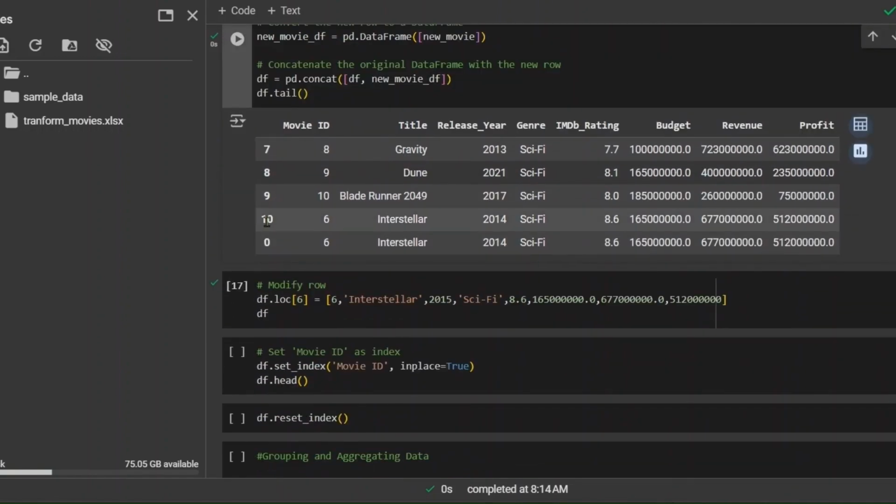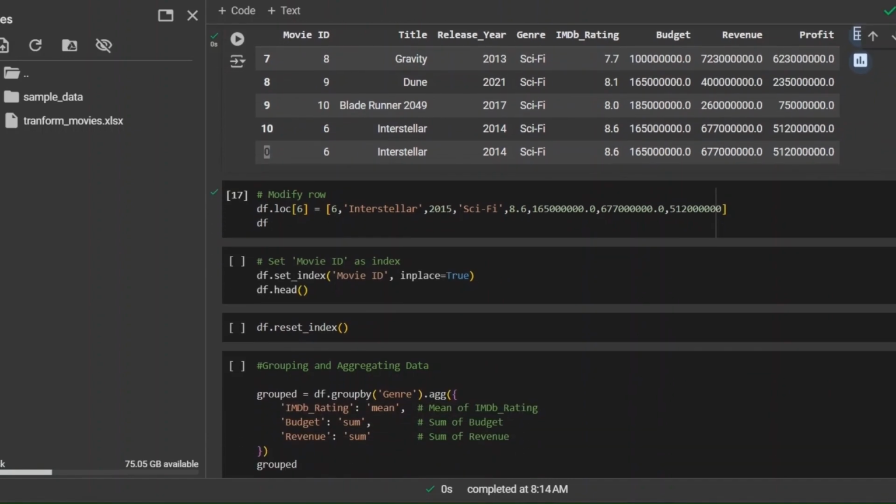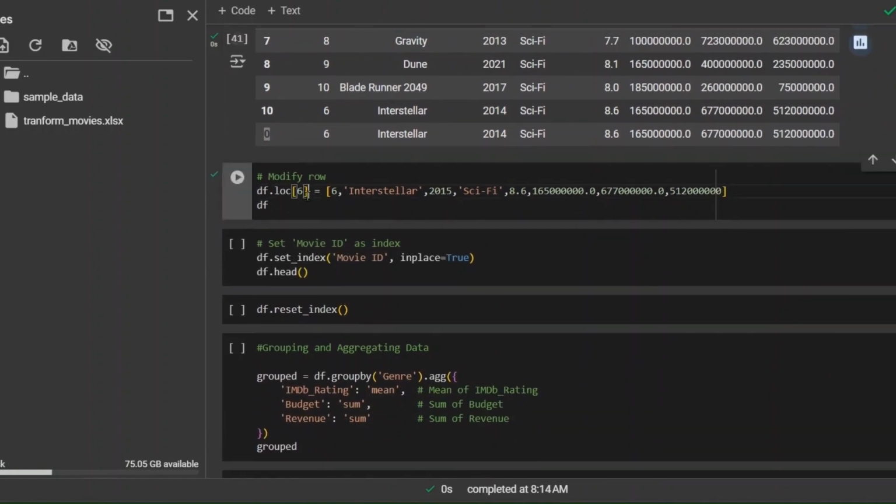Before moving to the next section, you would see here earlier when we used ignore index, the index got adjusted to 10. However, when we removed it, the index again started with 0, which is something we don't want. All right, we want to maintain the indexes. That's the reason we ignored it. And then if you want to modify a particular row, you can even do that. Look at this. I have just mentioned the location. These are the explicit indexes. So I use the explicit index 6, and on the explicit index, whichever value is there,